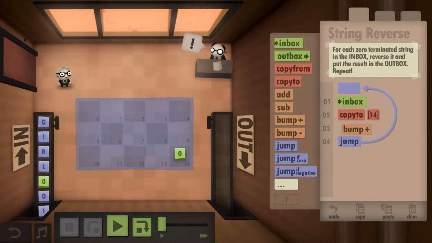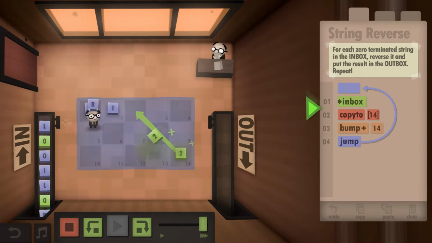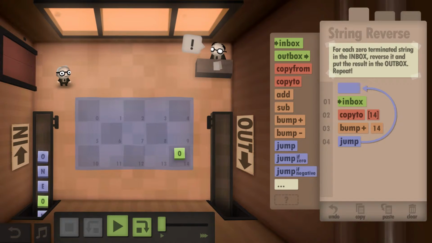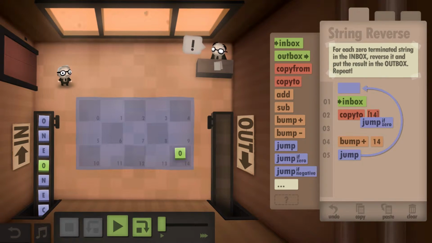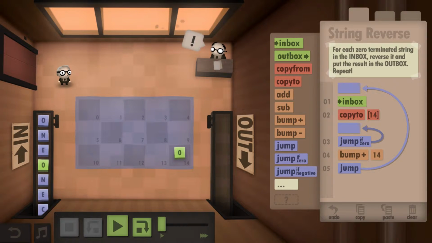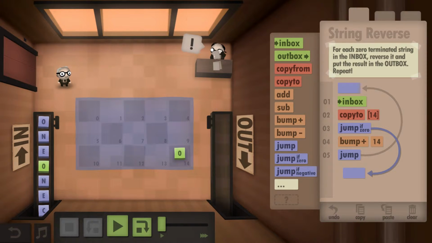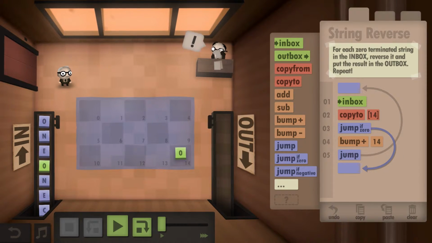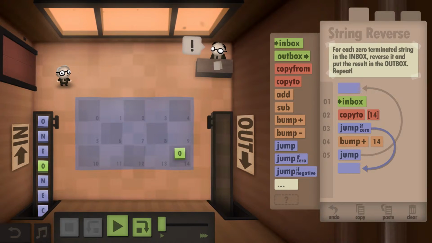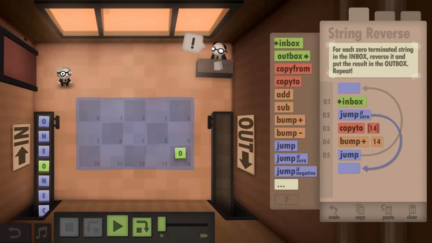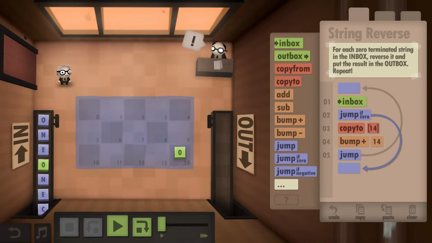We need to, after doing that, bump up that value. We need to do something though with a 0. Should we do that here? So that here. If it's a 0, wait, do that here. If we grab the next letter or the next inbox item, if it's a 0, we need to